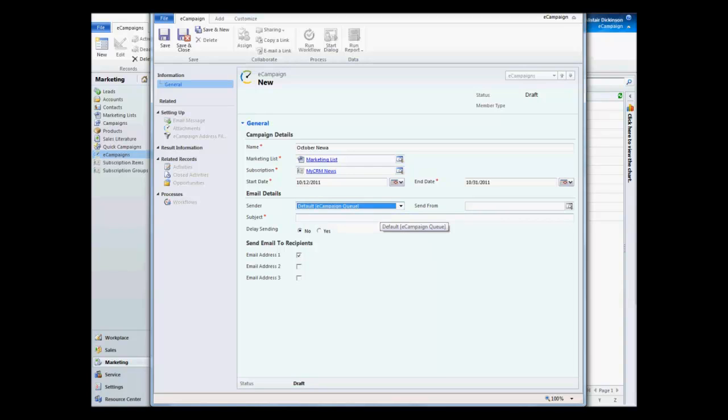I'm going to give it a subject, and this is the subject line of the email that will be sent. My delay sending allows me to send in the future, so I could set up a campaign and then send it out of hours or in several weeks time, but for this I'll mark it back as I don't want to delay the sending. I'll just save this off,